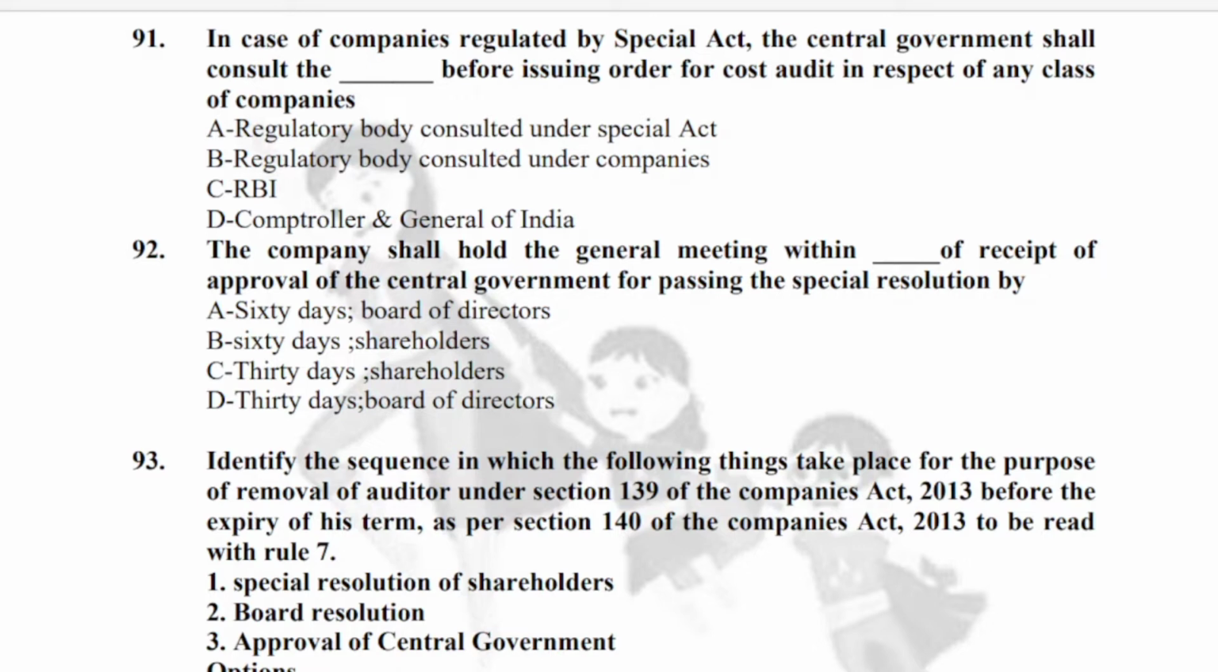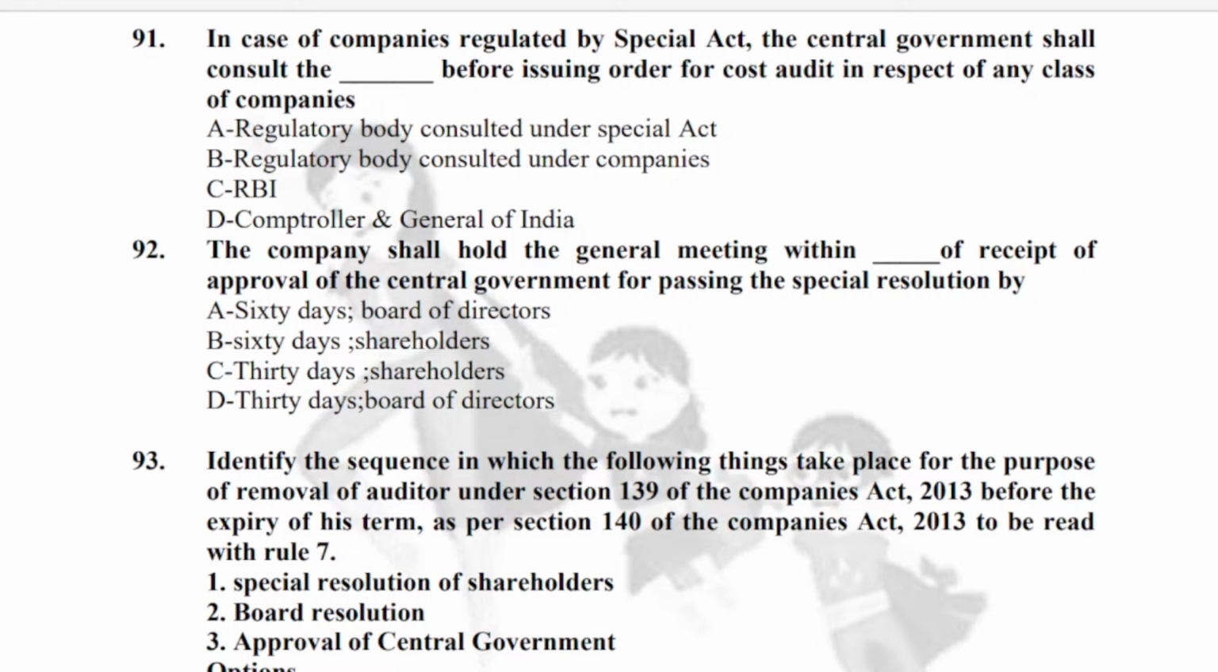Okay. Yes. So here the correct answer should be a combination of 60 days and shareholders. And I think option B gives us the right answer. Okay. Let's quickly go to the next question. Identify the sequence in which the following things takes place for the purpose of removal of auditor under section 139